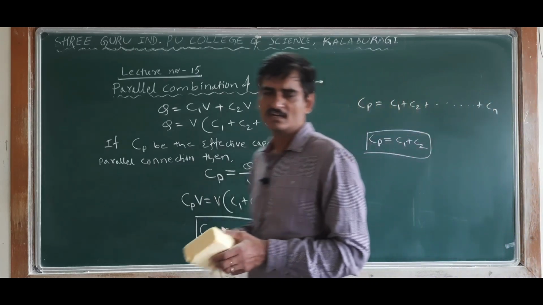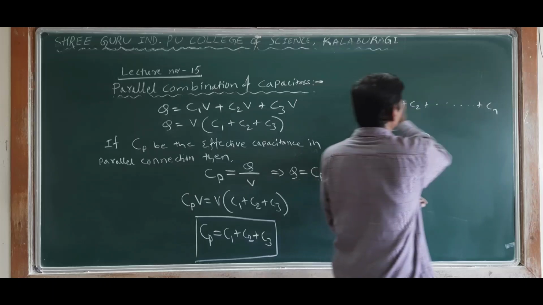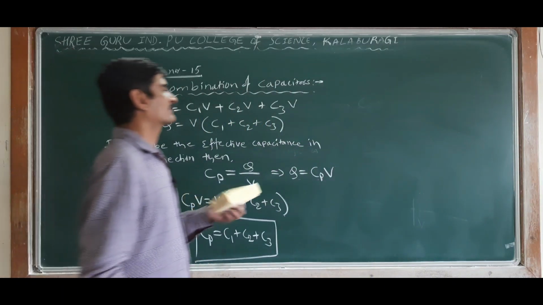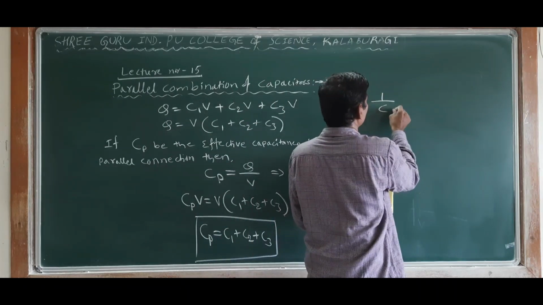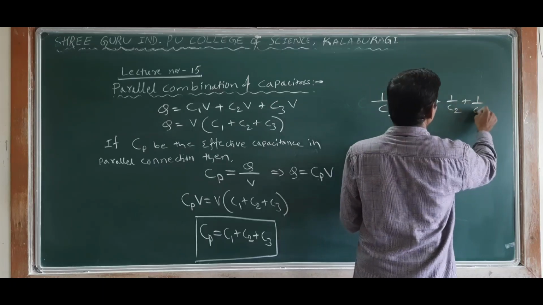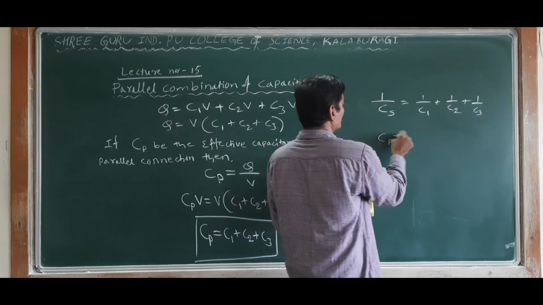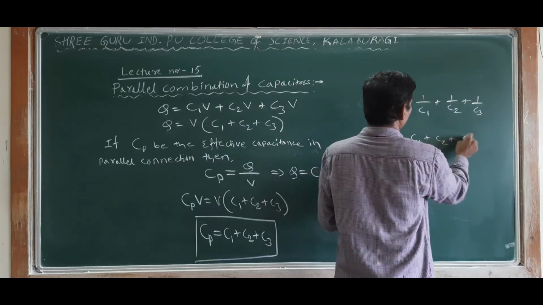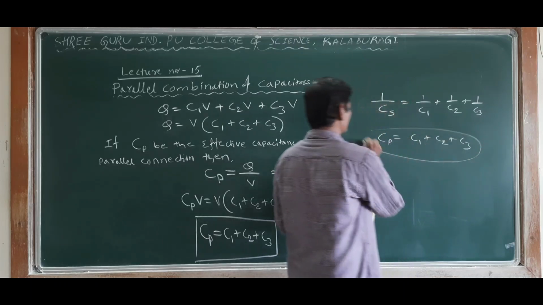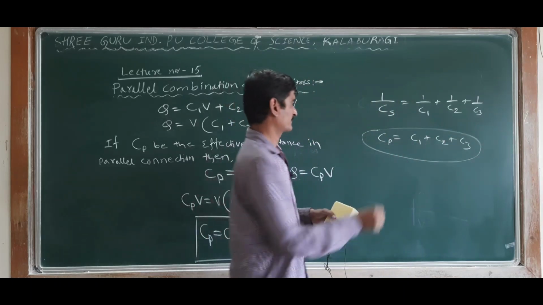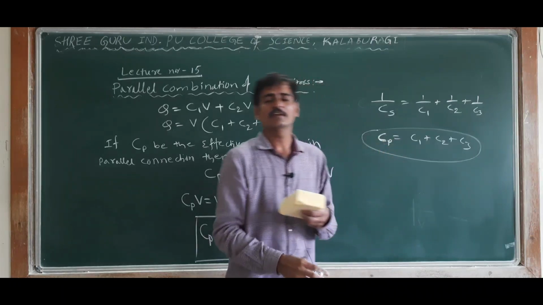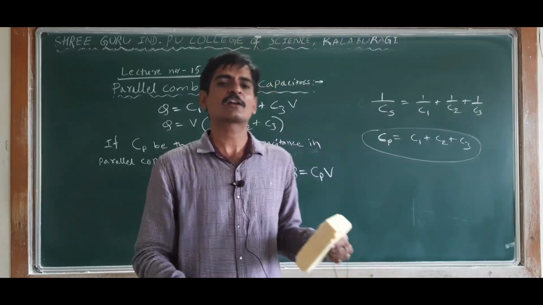That's it. Understood? So from this formula, what you will understand is that in series combination you get 1 by Cs is equal to 1 by C1 plus 1 by C2 plus 1 by C3. In parallel combination, CP is equal to C1 plus C2 plus C3. So from this we understand that the value of CP, that is the effective capacitance of the parallel combination, will be greater than